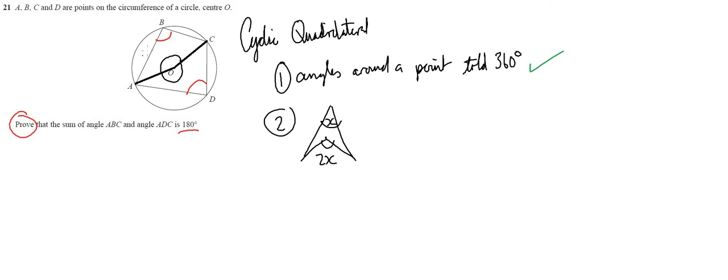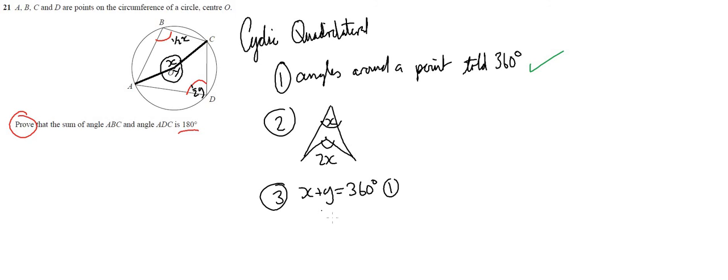So we can use one of our circle theorems. So I know that if this angle is x, this angle is half x. And I know if this angle is y, because obviously this isn't 180 degrees, then this angle is half of y. So now the final thing I can say is that I know that x plus y equals 360 degrees